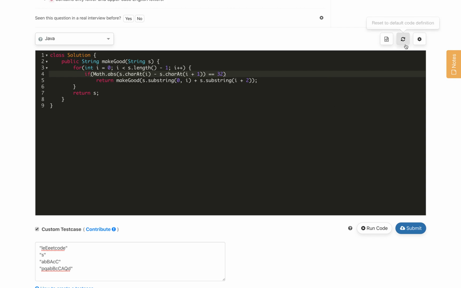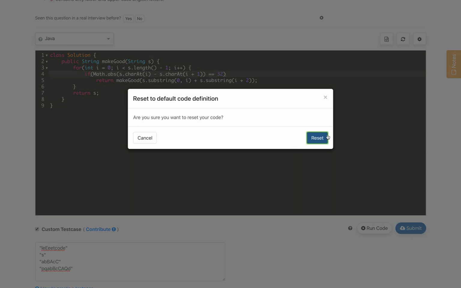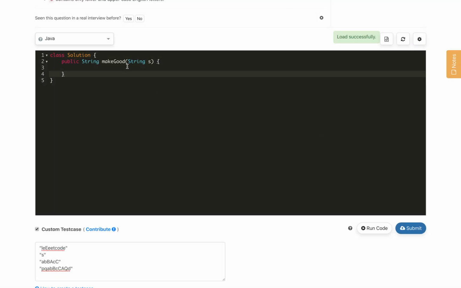So, let us solve with this approach. Let us reset our code here. So, first of all we will take a stack of characters and call it stack, and initialize it. Then we will iterate through characters C in s dot toCharArray. This will provide us a characters array.